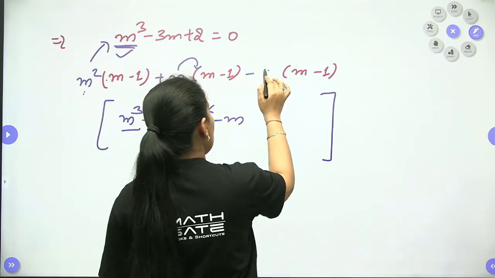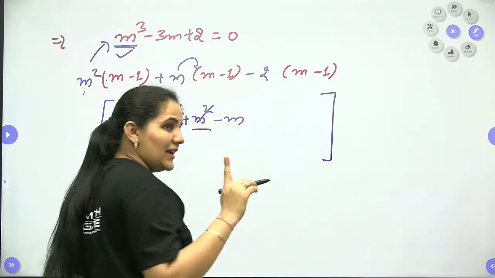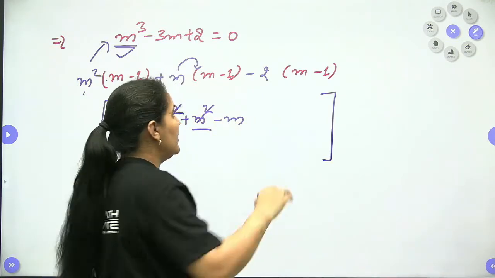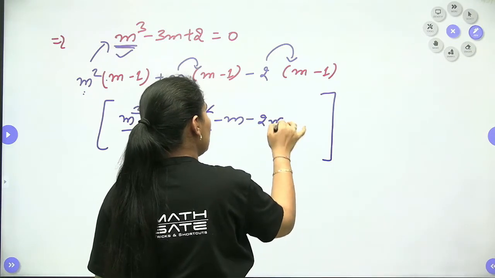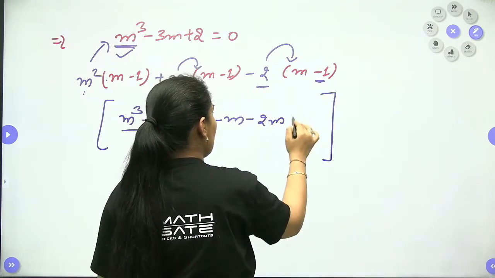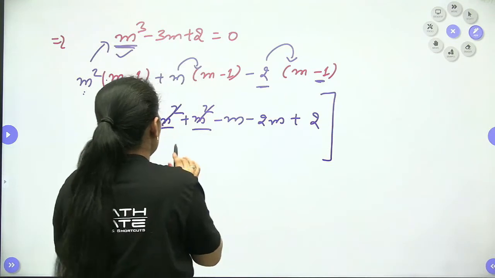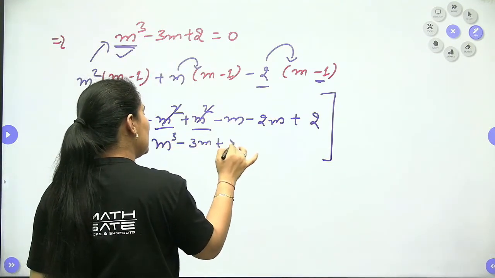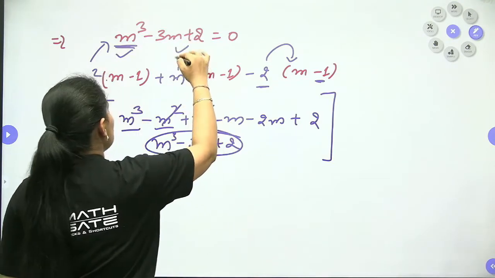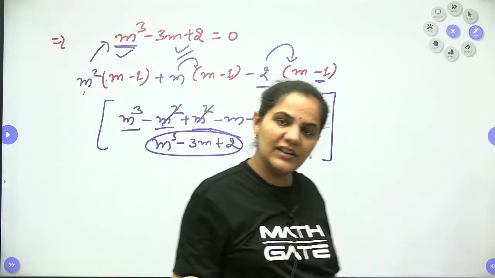So I can multiply here with minus 2 only. We will not multiply with m, because when we multiply minus 2 with m, it will be minus 2m. And plus 2 we are having exactly. You can see when you write this down completely, you will get the exact equation which you had in the starting. Yes, clear?